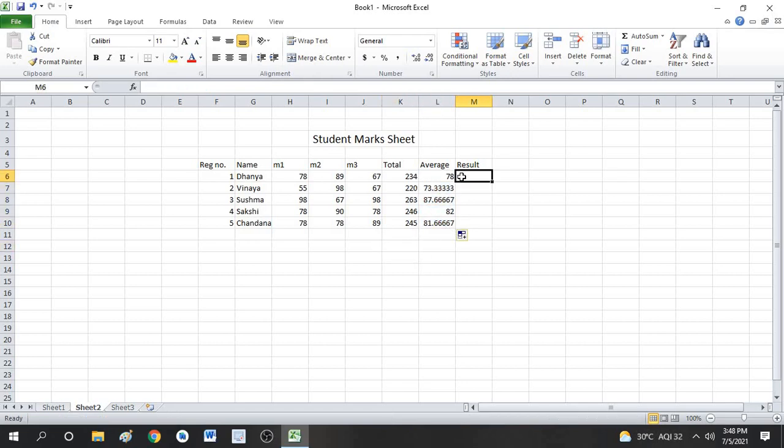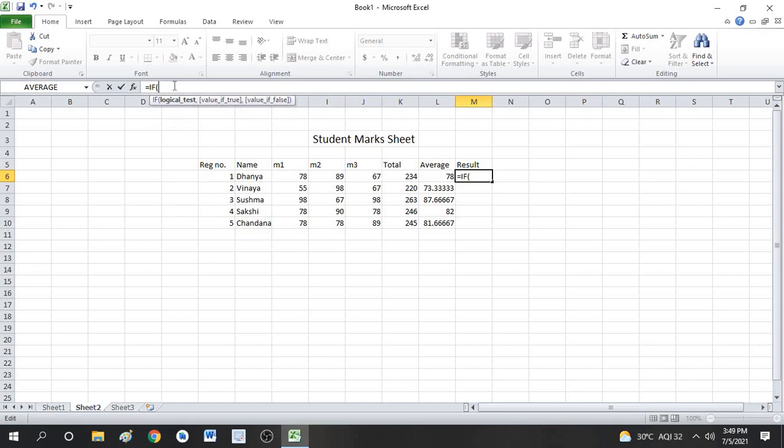Now what we need to do, we need to find the result. But now I need to display my result, whether the student has got distinction, first class, second class, pass or just a fail. For that what I am doing is, I am using the if condition. Here since it is very lengthy, I am just typing in the formula bar equals, start with the if condition, if, open bracket. Here one more thing you can observe is, we won't use else. Instead of that we are going to use comma.